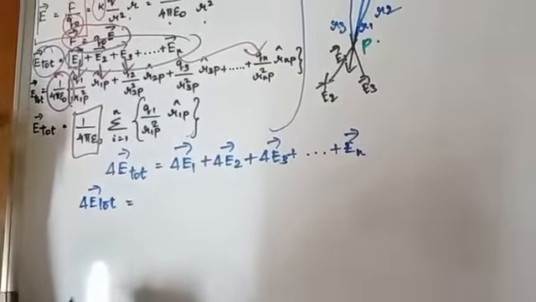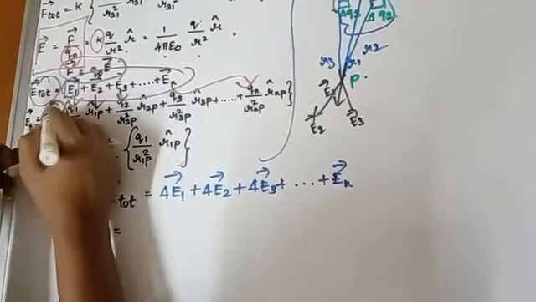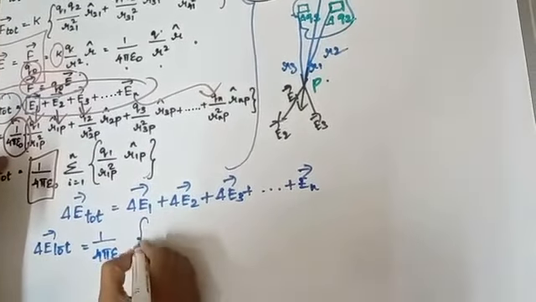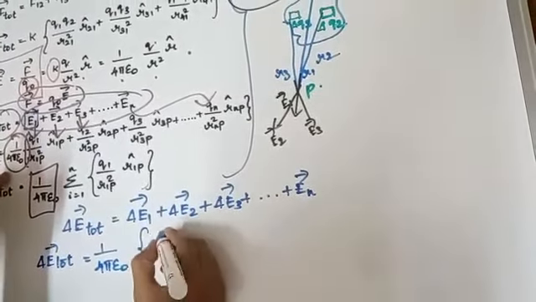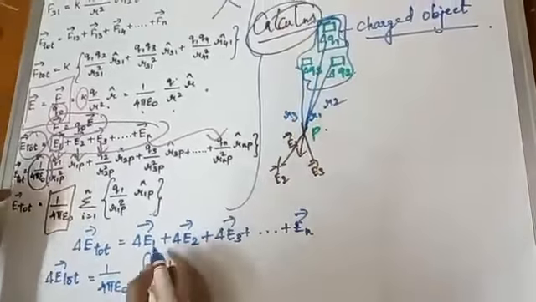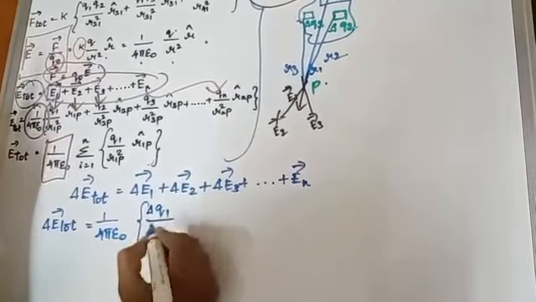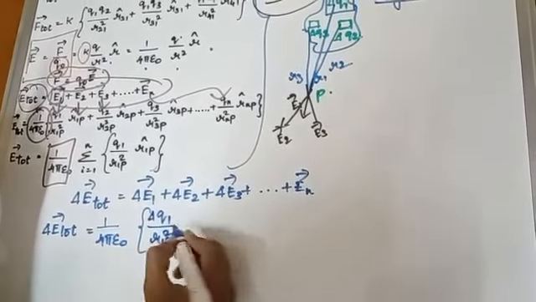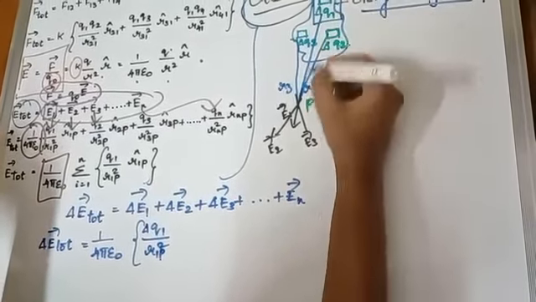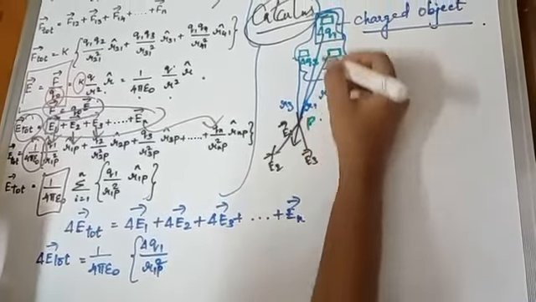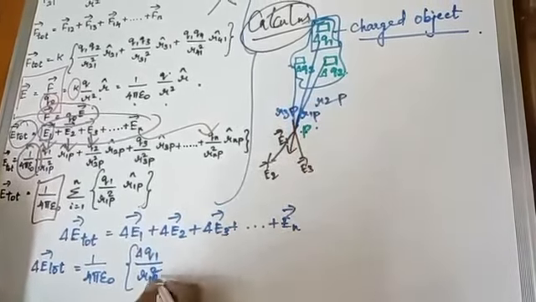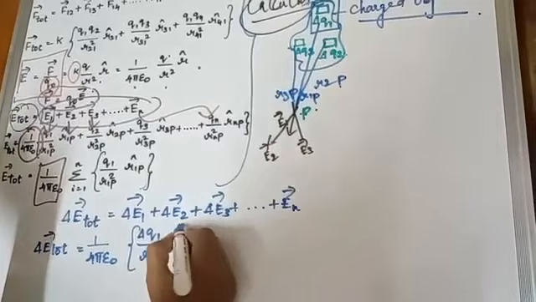Now we are going to substitute the same values here. That is, del E total vector is equal to, what is the value? Here, 1 by 4 pi epsilon naught. Here I am going to write the values Q1, but here it is not just Q1, it is del Q1. So it is del Q1 upon R1p square. Here it is only R square, so don't think that it is only R square. Since it is reaching the point P, the distance between the Q1 and the point is R1p, R2p and R3p.